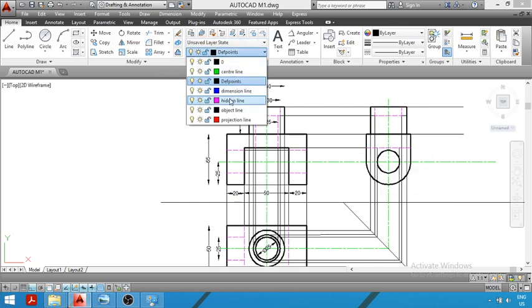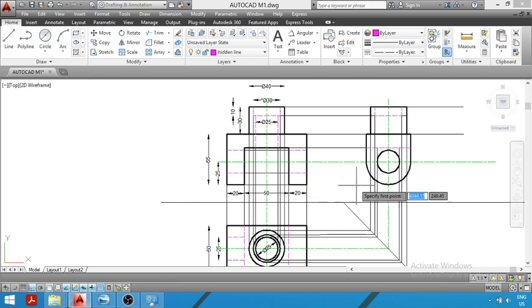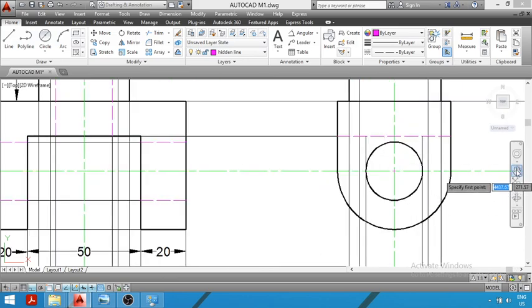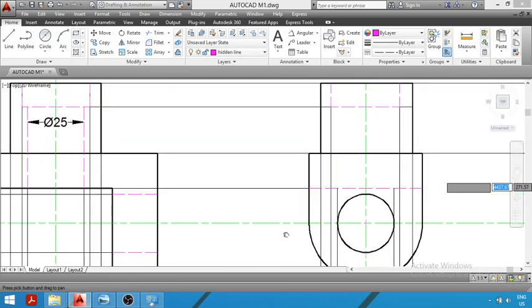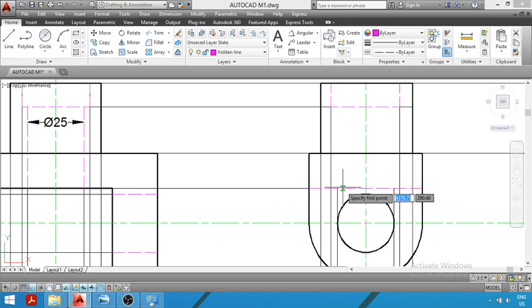So in order to draw the hole, you can see in the side view, this is my side view, I have obtained this point, first point, and this is my second point. So from these 2 points, you have to draw hidden lines in vertically upward direction till here. So this is my first hidden line, and in the next step, I will draw a vertical hidden line from this point to this end. So we have constructed this hole which is of diameter 25 mm.